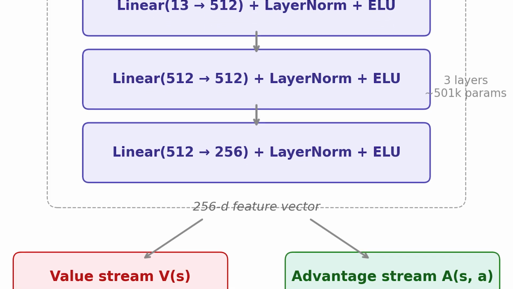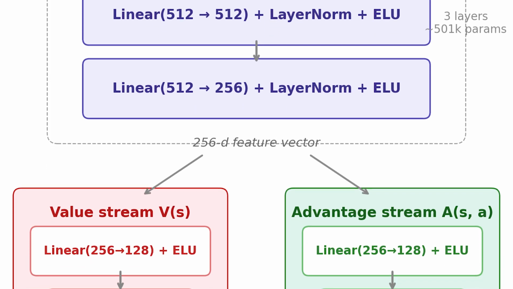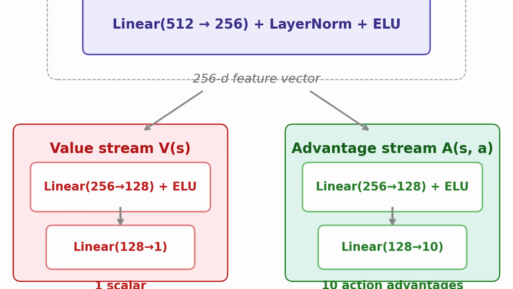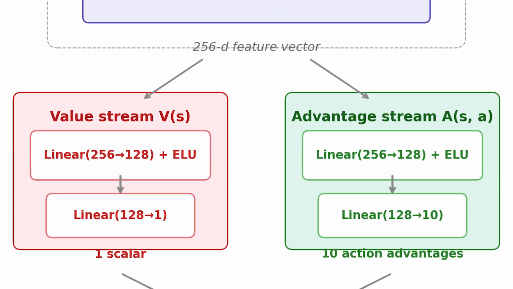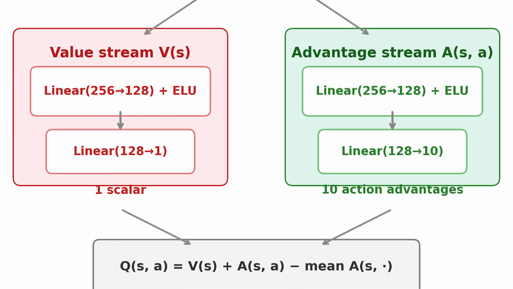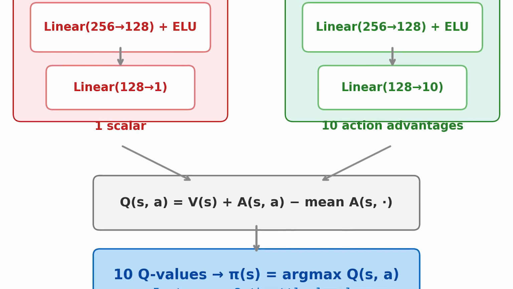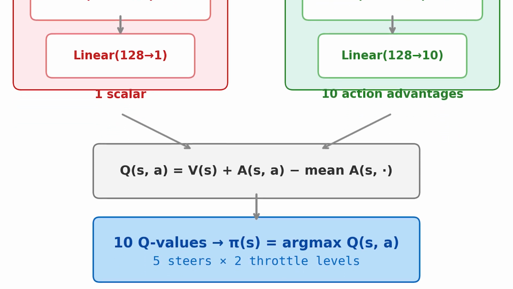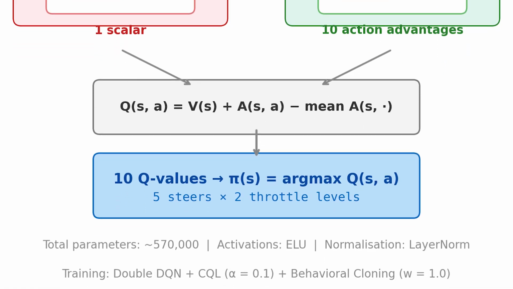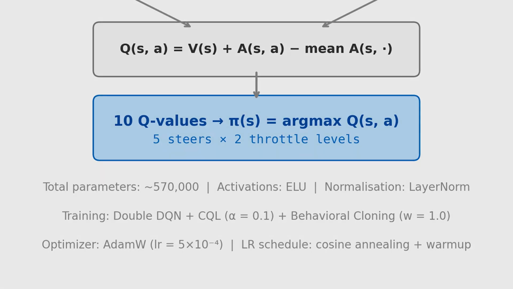The first step towards diminishing this problem was employing a dueling DQN. This architecture is similar to an MLP, but after a number of hidden layers, it splits into 2 branches, namely a value stream and an advantage stream. The Q value is then computed based on this equation, where V of S is the value stream, A of S and A is the advantage stream, and mu is the mean advantage. This ensures that the agent can separate the value of each state and the advantage of each action. The main advantage of a dueling DQN is that it helps address the issue of separating the value of a state and the advantage of the next action.